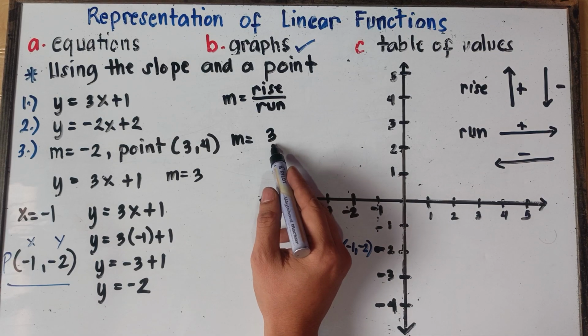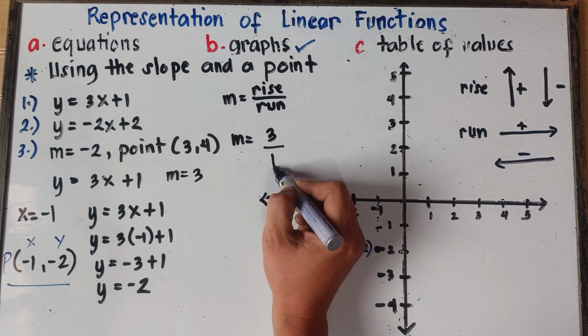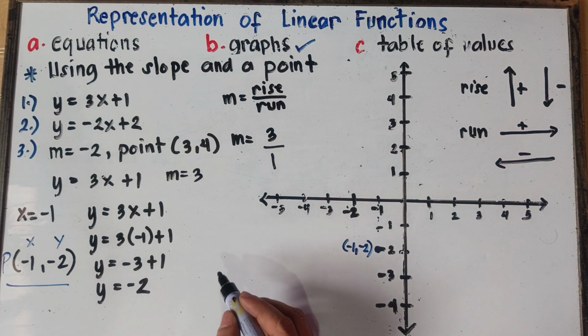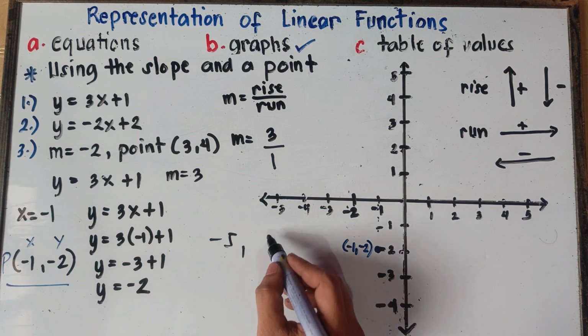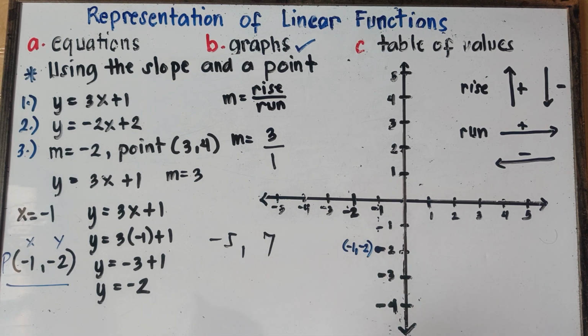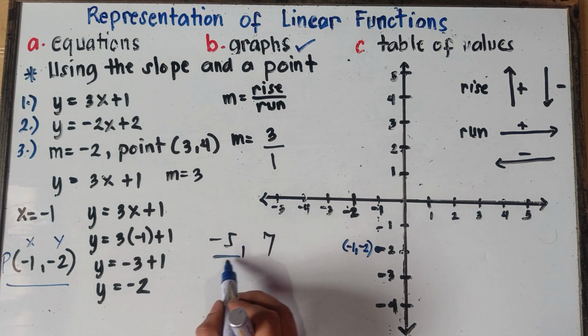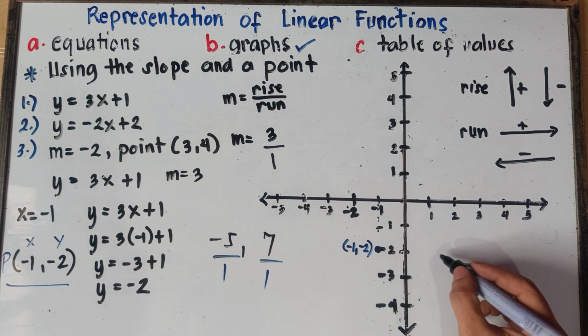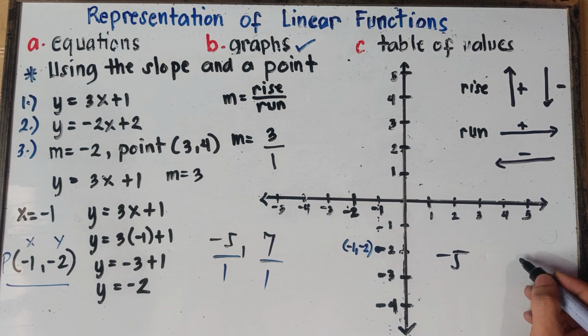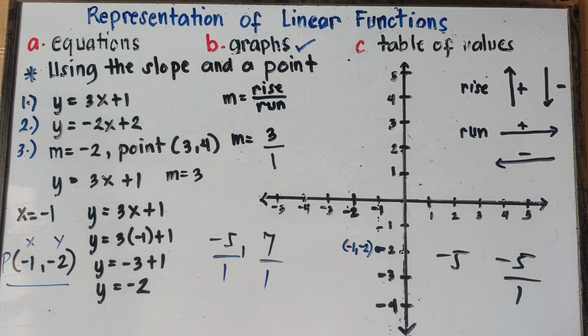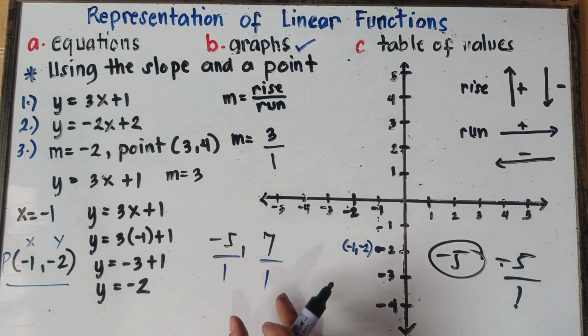Now, of course, class, any whole number, understood that there is a denominator of 1, right? I hope you understand this one, class. For example, -5, +7, any number has a denominator of 1. You can put it over 1. This is just the same. -5 is just the same as -5 over 1, because -5 divided by 1 would be -5.